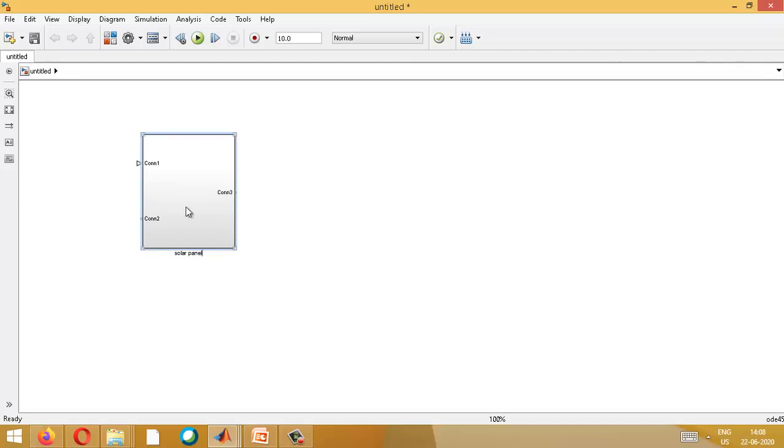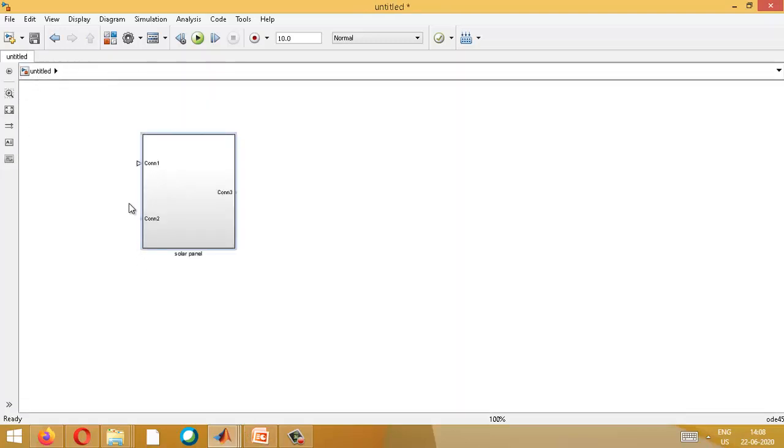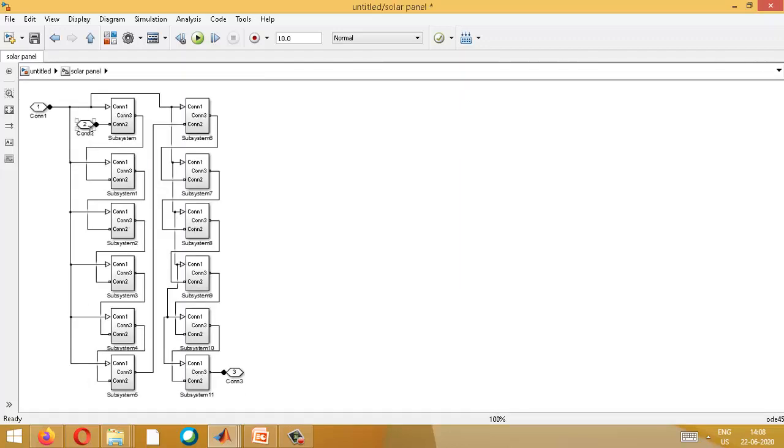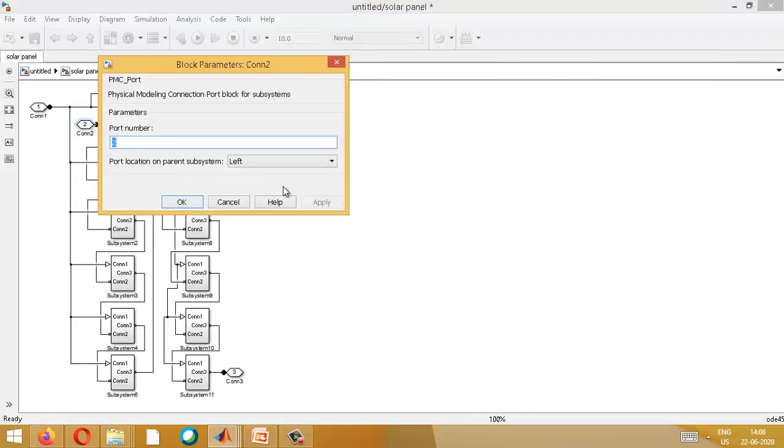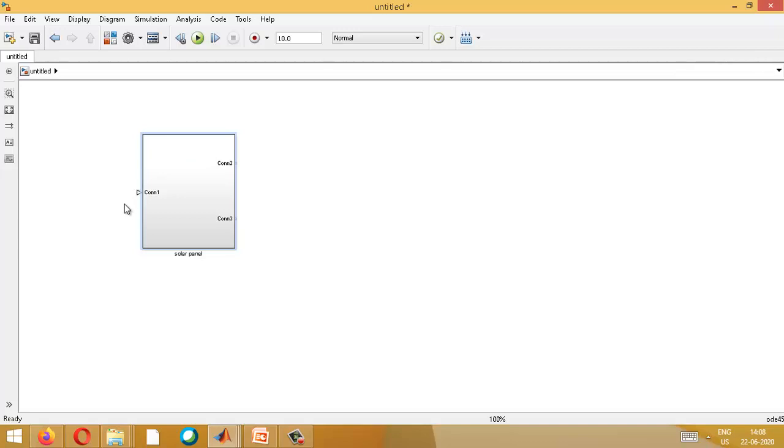This is the radiation. Again, if you want, you can say that this is the positive terminal and this is the negative terminal. Here you can bring this also to the right side, so that now it looks like this is what you have to input to your solar panel, and this is the positive terminal and negative terminal.